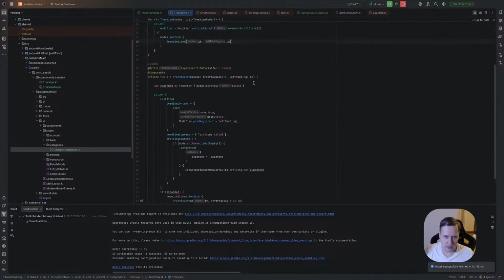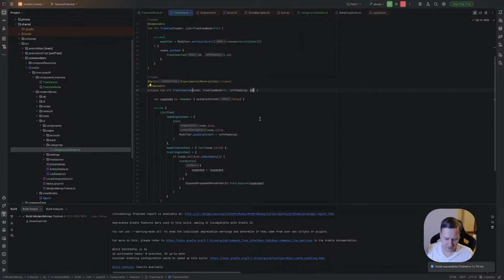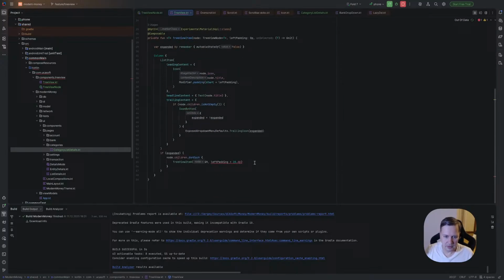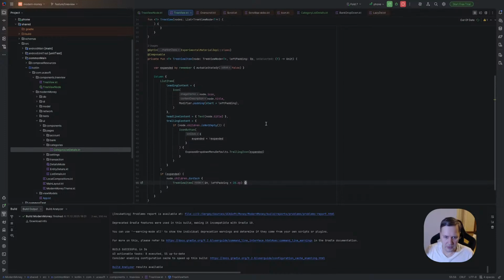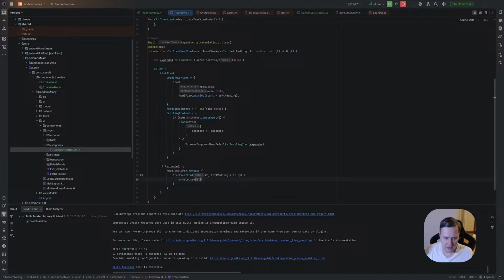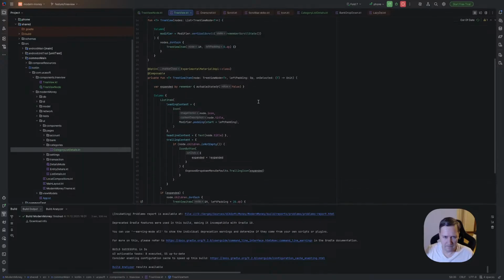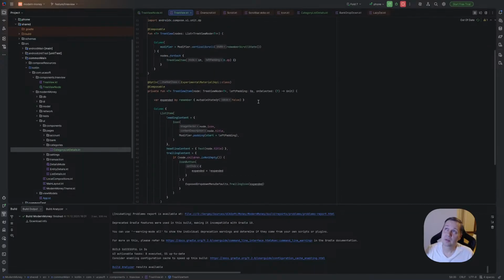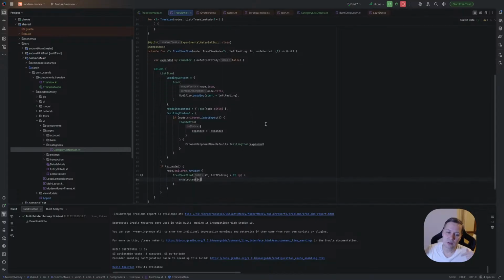So yeah, what we can do, we also can provide here onSelected. We can put nothing here and here nothing so far. But we can call onSelected and provide it. It will be interesting. We'll return some node which is selected, but it will be hard to go the opposite way without parent, etc. But we'll see.